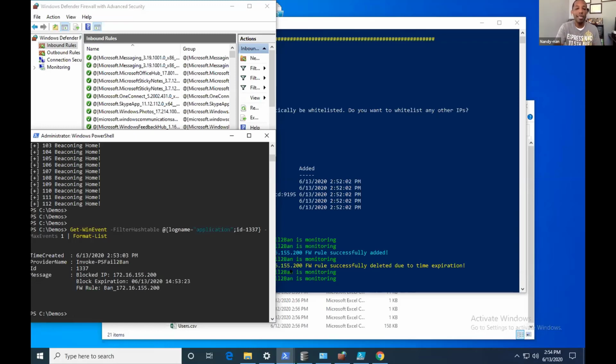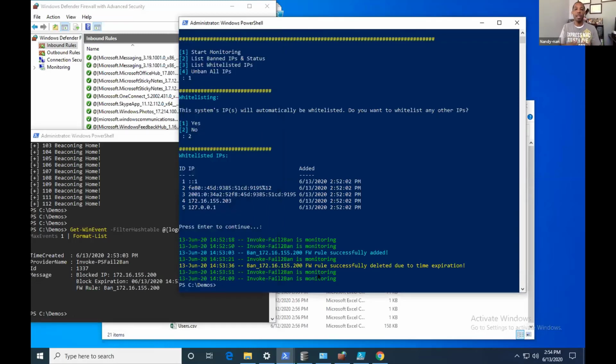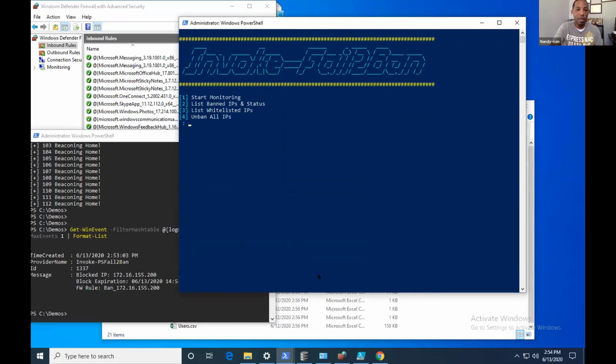And now, if I needed to, I could take that SQL database and pipe it somewhere else to a front end, or I can just take the event log and pipe that straight to my log aggregation server. When we look at it from the perspective of listing our banned IPs, it tells me I only had one that I've ever banned since the creation of that SQL database. I see that IP, when it was added, when it expired, and it tells me it was removed. So it will continuously build onto that SQL database, each with its own unique ban ID. So that's Invoke-Fail2Ban.